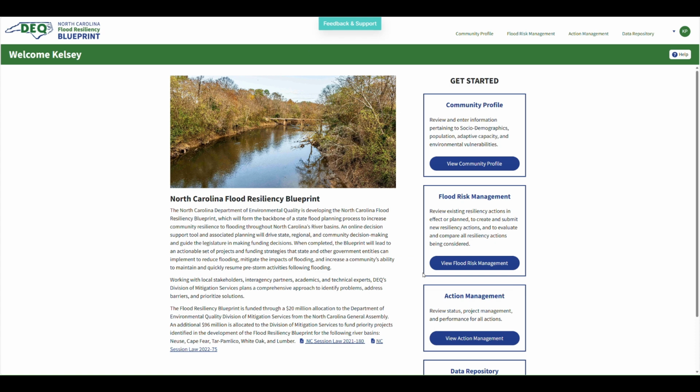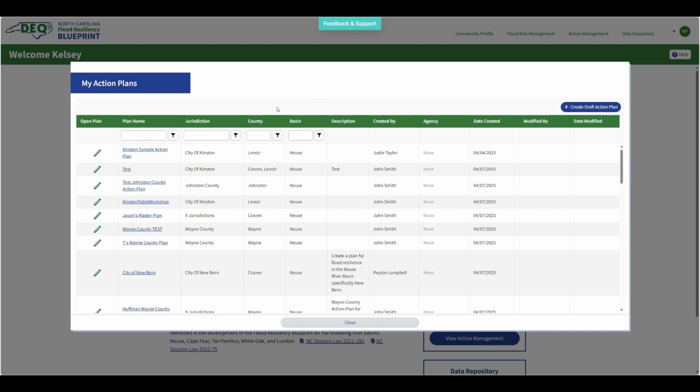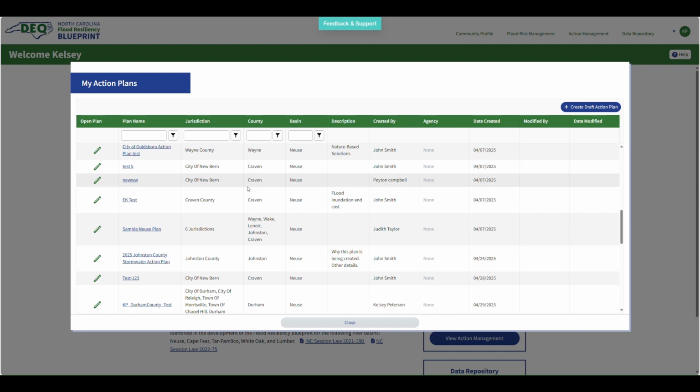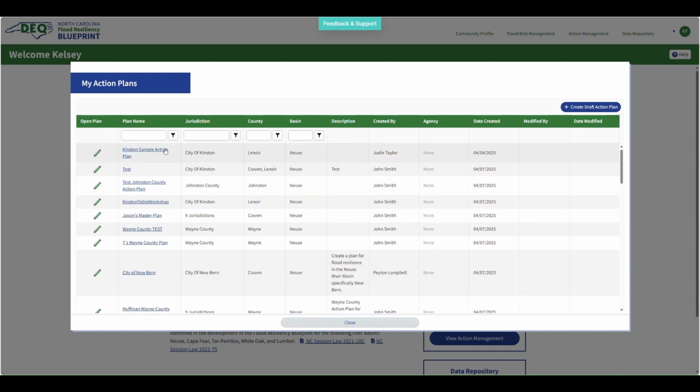Select the Flood Risk Management option from the Get Started column, or by clicking on the tab at the top of the window. Please note that you will only see the action plans for the roles that you are assigned. To open the plan, we can click on the plan name, or we can click the Edit button under the